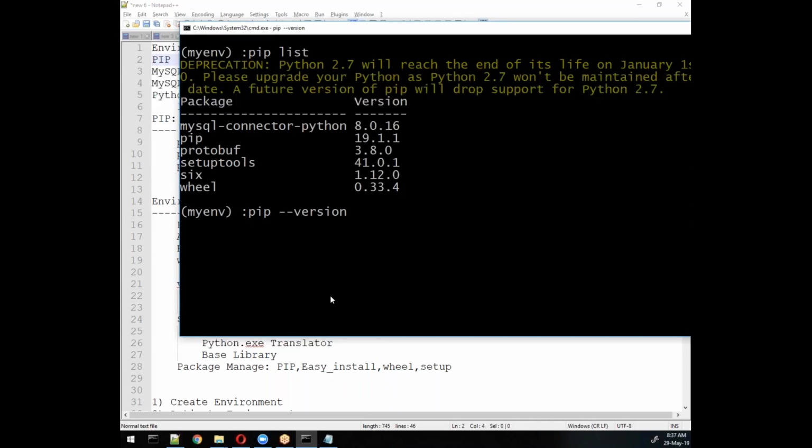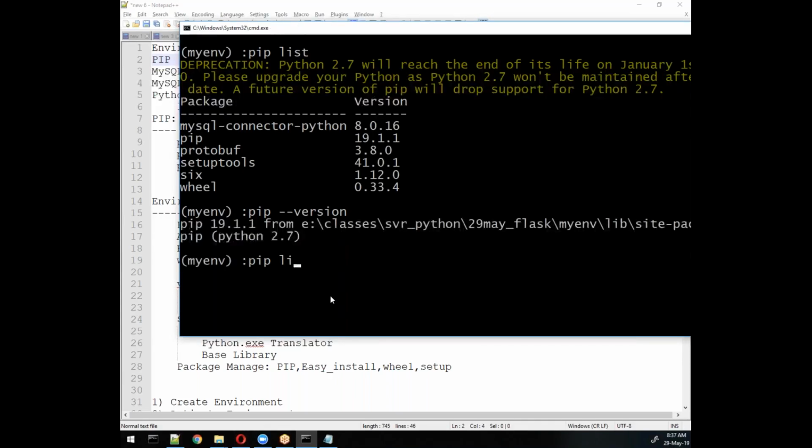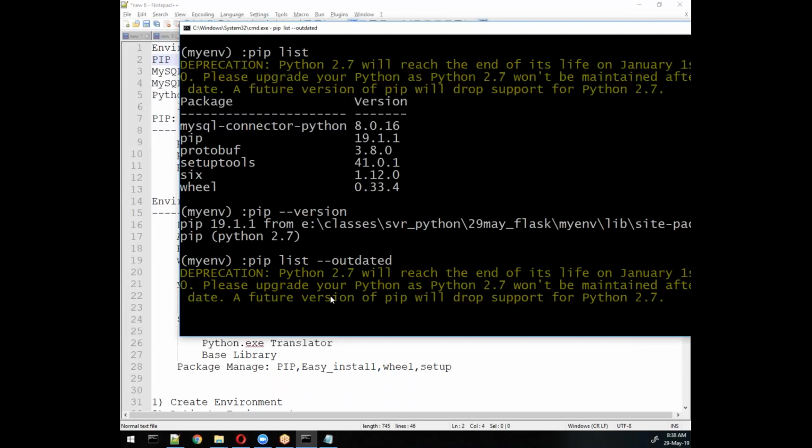Another command, if you want to check outdated packages, you will write pip list --outdated. It will give you all outdated packages if we have any. Because I'm using 2.7, it's giving me a deprecation warning.